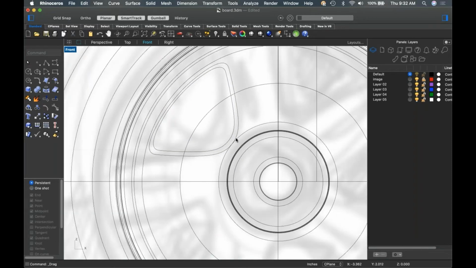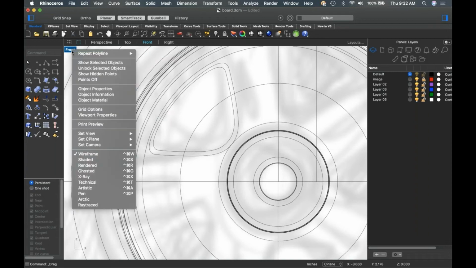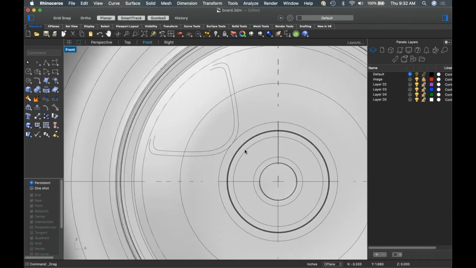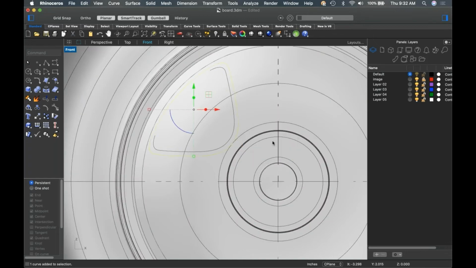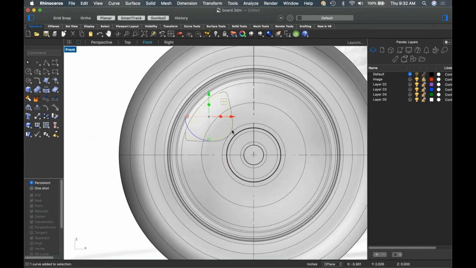And in this case, let's go to shaded mode. I think I'm getting a little close to the edge here. Maybe not, maybe that'll work. But if this is my hole, once I put a fillet on it, this is actually going to be the outside of the fillet. So I have to think about that early and make sure that I have enough room for that to happen. And I think in this case I do. So I'm going to go ahead and